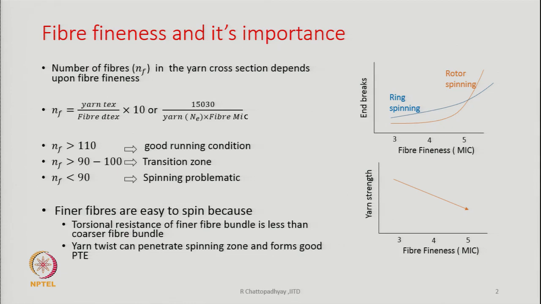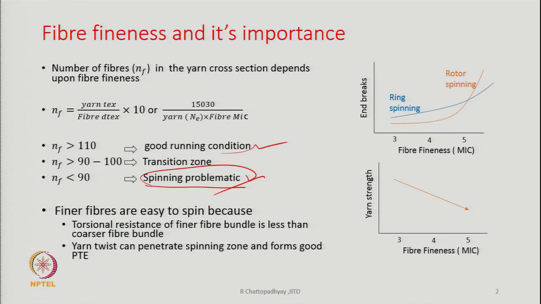In the case of rotor spinning, if we have more than 110 fibers, we will have good running conditions. So, you have to see that the fineness of the fiber is chosen in such a way that it should not fall below 110. Otherwise, the running condition of the machine will suffer. 90 to 100 is a transition zone, and less than 90, spinning is going to be problematic in nature. What does it mean, problematic? That very frequently we will encounter end breaks,